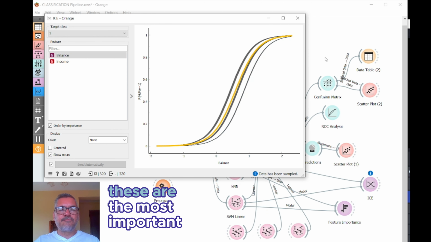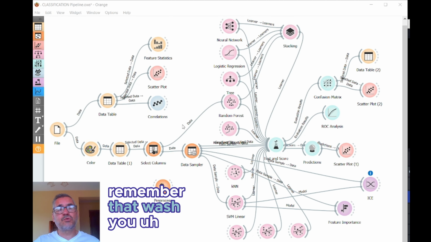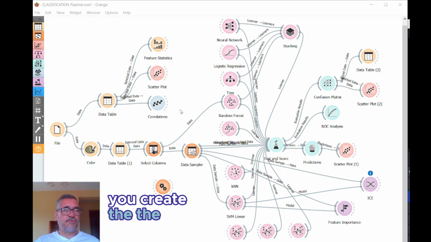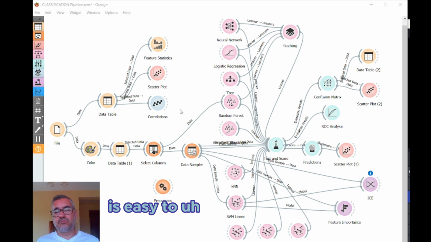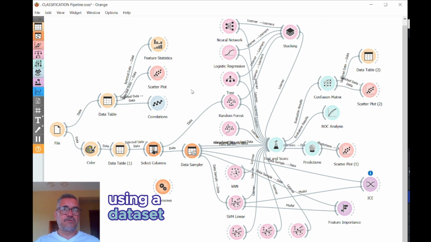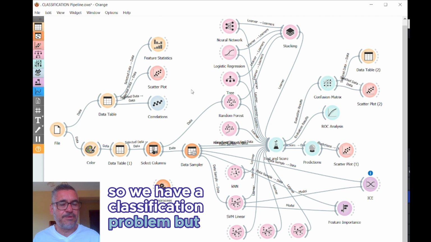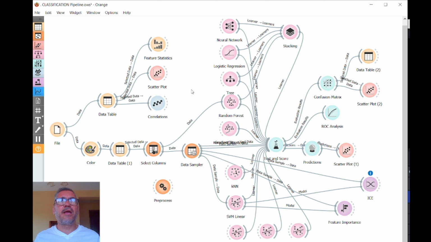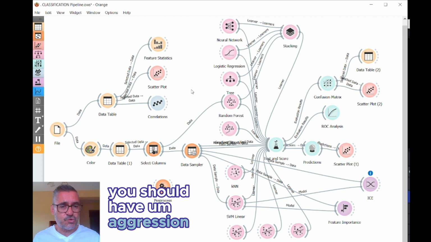So that's it. These are the most important things, I think, in training models with Orange. Remember, let me close this. Remember that once you create the workflow, this pipeline, then it is easy to train new models, because you just have to input a new data set. Of course, I explained everything here. We're using a data set where the dependent variable is a categorical variable, a binary variable. So we have a classification problem, but very few things change